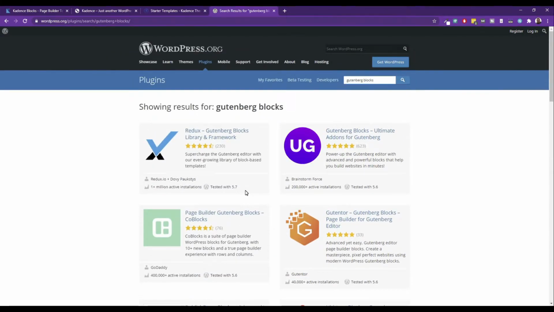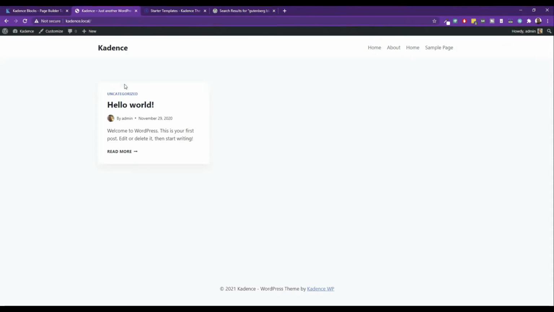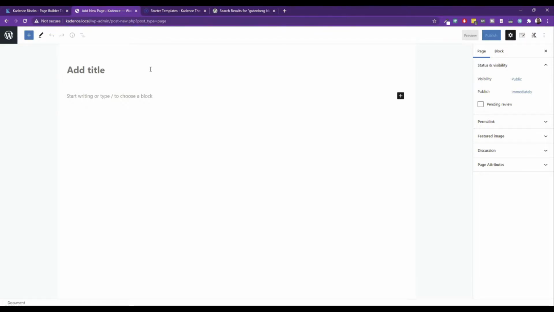So, skipping all of this and jumping straight in, let me show you what makes Gutenberg so interesting with Kadence blocks specifically. Kadence has a really, really nice system with their blocks. As you can see on the page, if someone is starting out with Gutenberg for the first time,